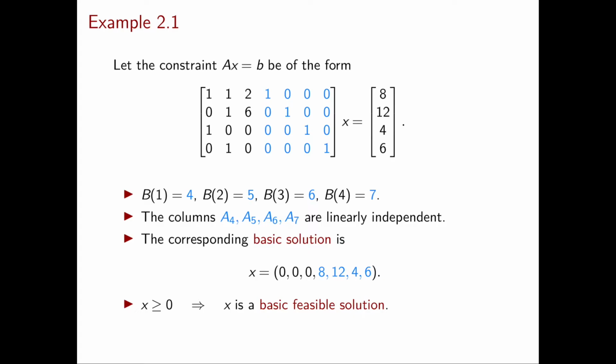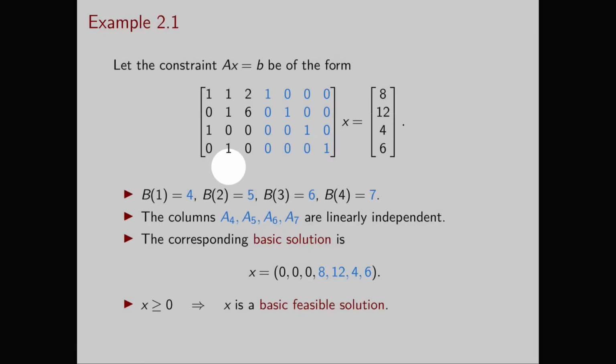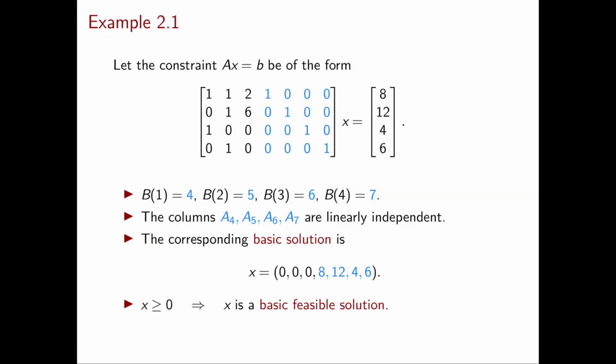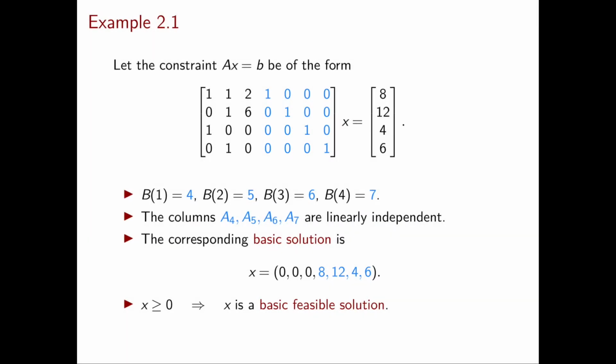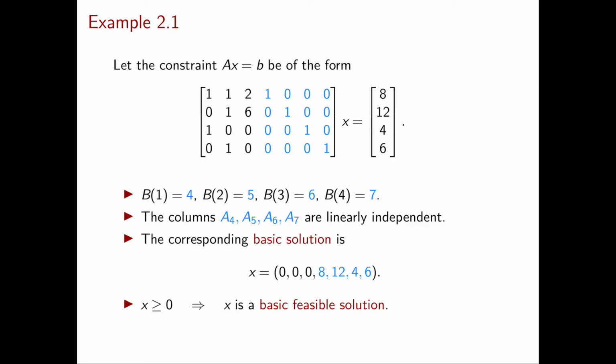This is because 1, 2, and 3 are exactly the indices of the columns that I didn't select, and then I obtain x4, x5, x6, and x7 by solving the remaining system of equations. So once you plug in x1, x2, and x3 equal to 0, I obtain a system that has a unique solution, and in this case it's extremely simple to solve.